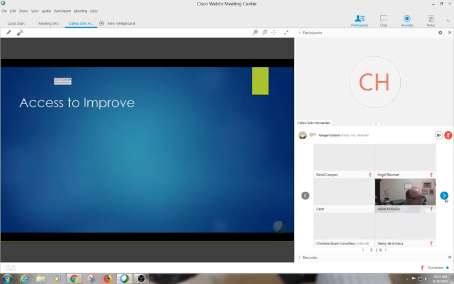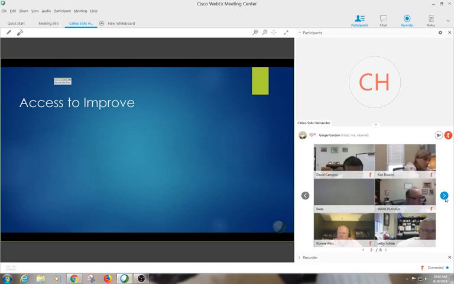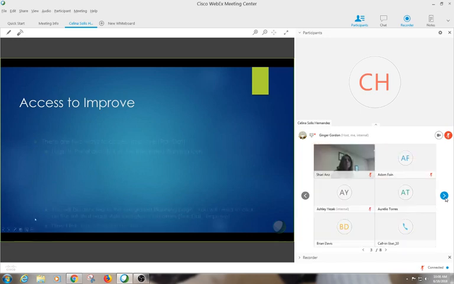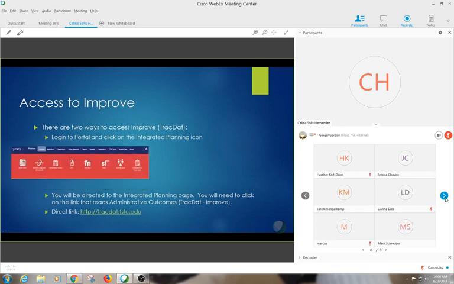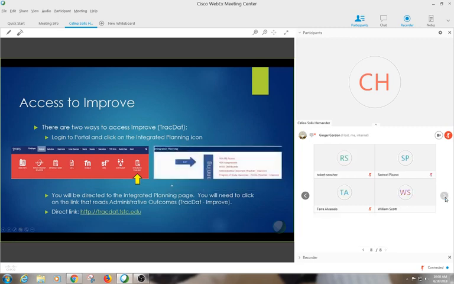You will need to access Improve in order to make the updates to your units. There are two ways to access Improve. You can log into the portal and click on the integrated planning icon on the red banner, which is right there. You'll see that with that arrow. By doing so, you'll be directed to the integrated planning page where you will need to click on the link that reads Administrative Outcomes